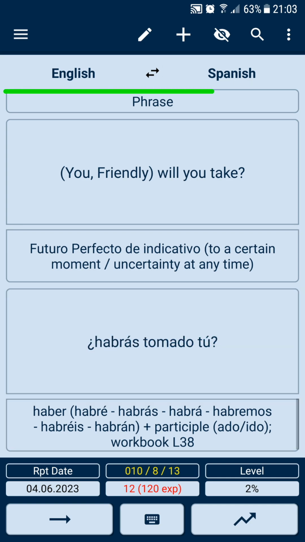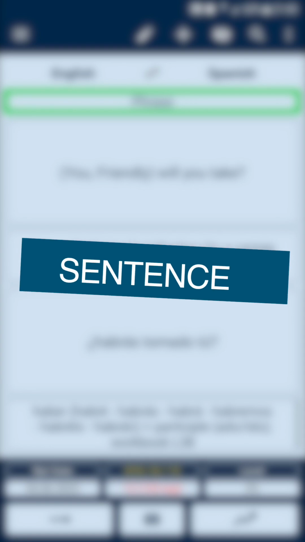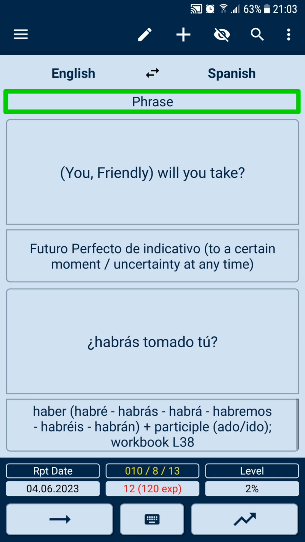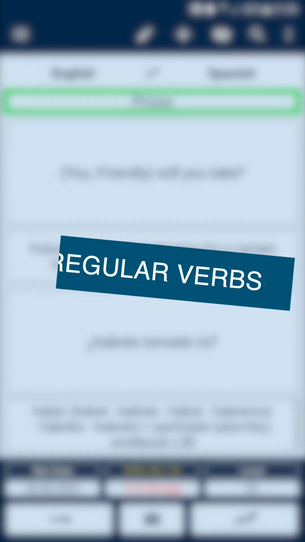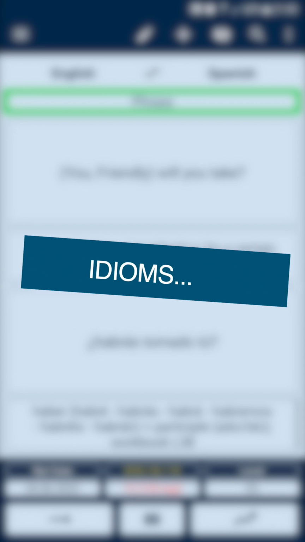The third field of the header area can be related to any pair depending on how you want to detail the set. For example, when studying foreign languages, we recommend using the third field to divide the set by language units, such as word, compound word, phrase, sentence. If you wish to refine the set, you can add subsections for irregular verbs, phrasal verbs, idioms, and so on.